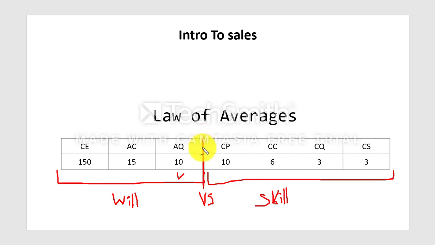So in the beginning, if you just focus on the will, you're going to get the close. You're going to get a customer because this is the part that someone's going to actually help you on, the presentation, right? This is the skill part of it, right? The closing part, right? Someone's going to help you on these parts, right? You have to trust that the system that you're doing works every single day.